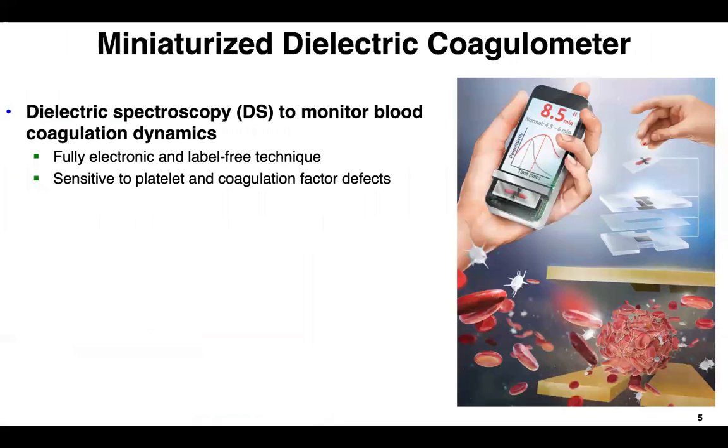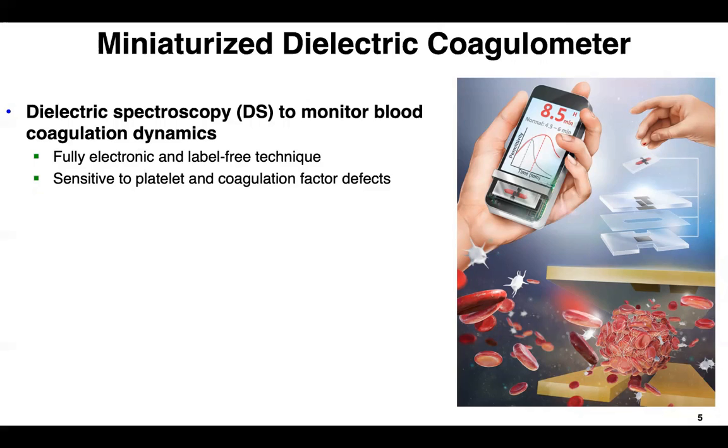Our technique is dielectric spectroscopy, which is the quantitative measurement of complex permittivity of any material over a wide frequency range. It's a fully electrical, label-free technique that can give us information about the molecular characteristics of any material via interaction with electromagnetic waves. We previously showed that dielectric spectroscopy is sensitive to different aspects of clot formation like platelet function